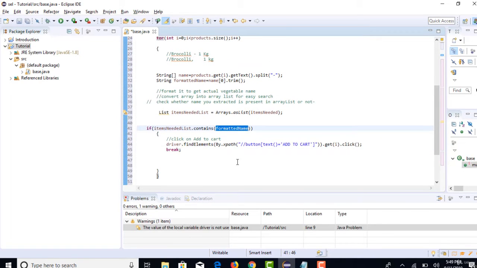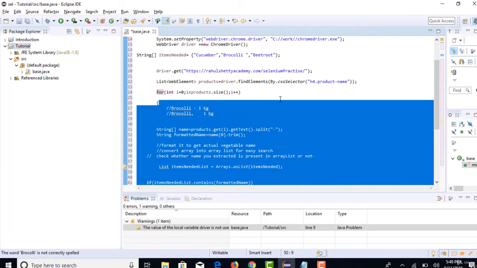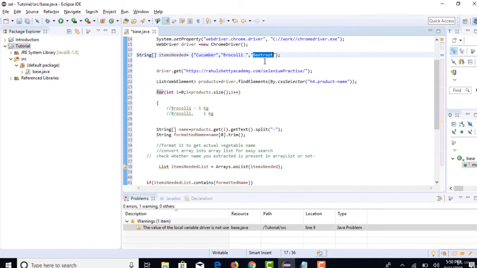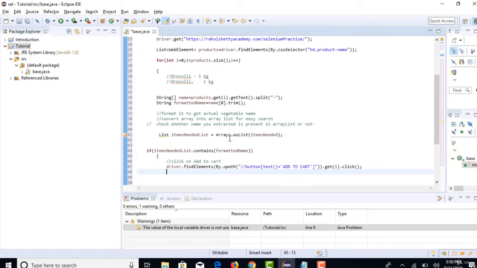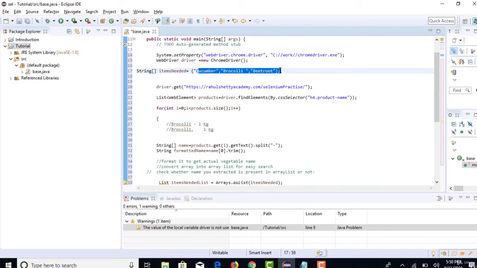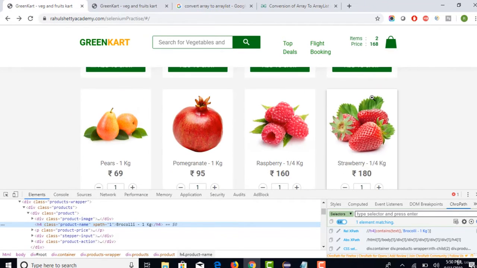Once broccoli is found, it will hit the break and totally come out of the for loop. So it will not validate for cucumber and beetroot. So if you miss giving break, then it will unnecessarily run 30 times, right? We only need 3 vegetables. And when we found that in the first row itself, what is the point in running all the remaining rows when you already have them?